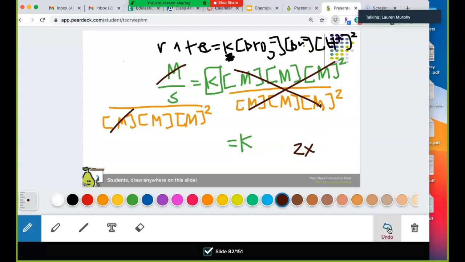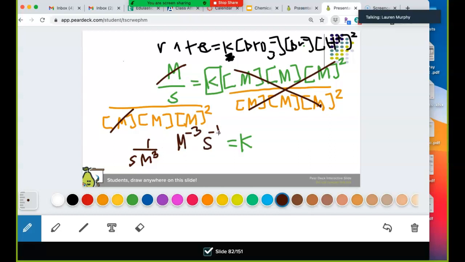So the same goes for the molarity. So this right here is molarity squared. So you have a molarity squared times a molarity in the bottom. So that's a molarity cubed in the bottom. So it's 1 over seconds and 3 molarities. However, they don't usually write it like this. It's usually like this,